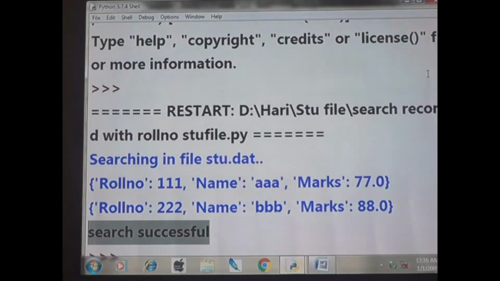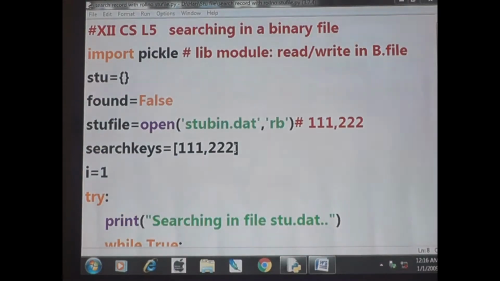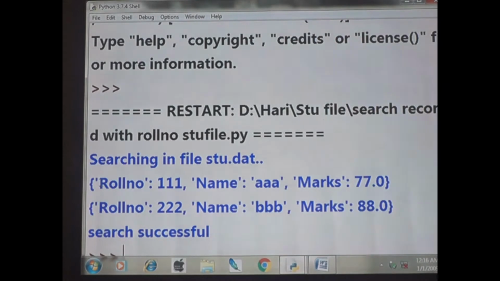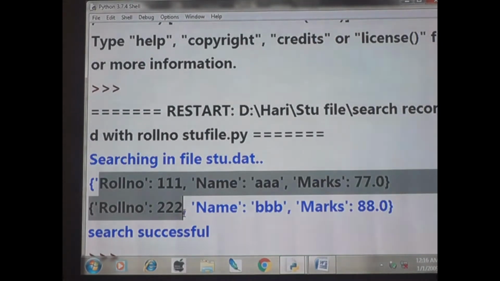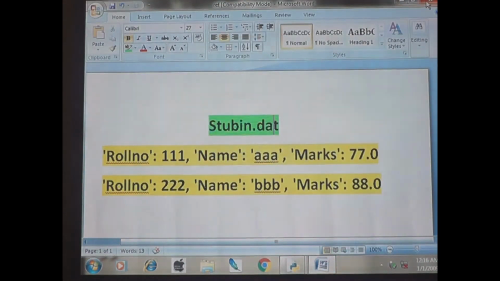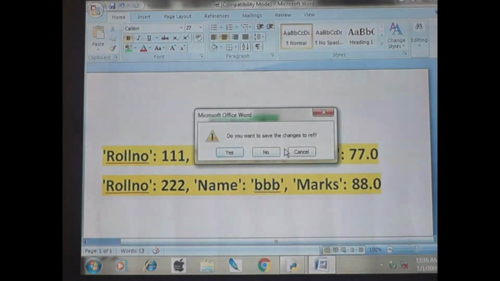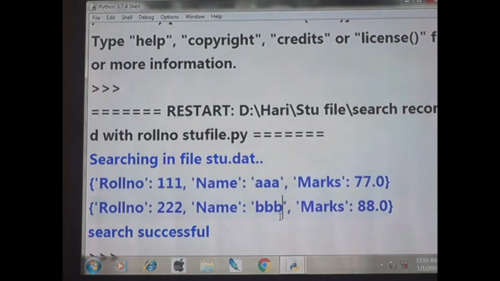So if I give 34, 21, now what will come? If I give F5, only two such records, 111 and 222, appear.